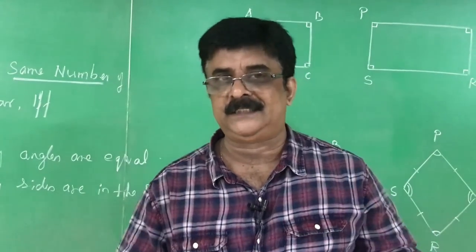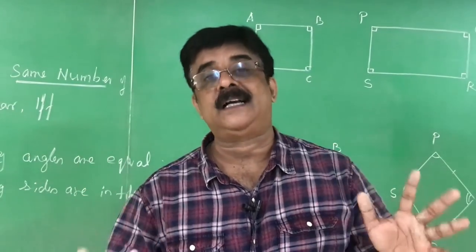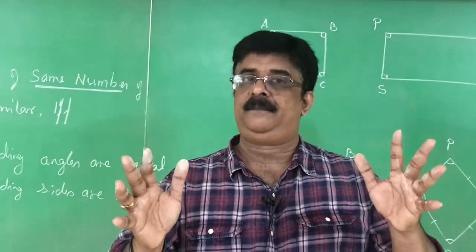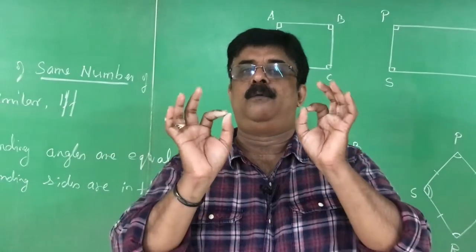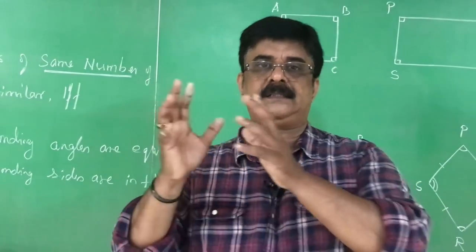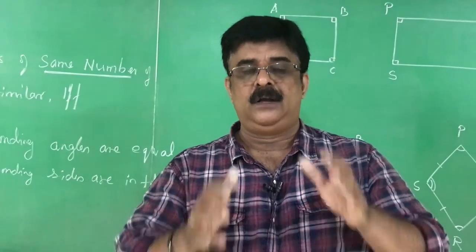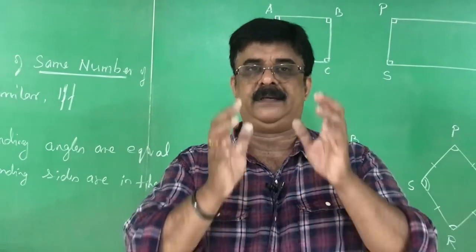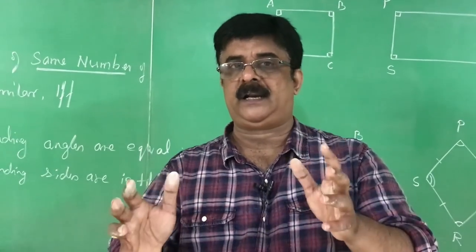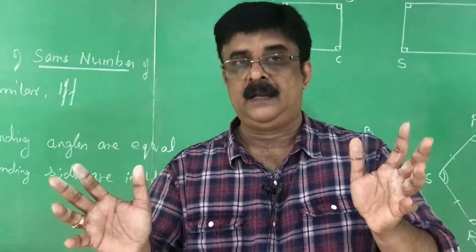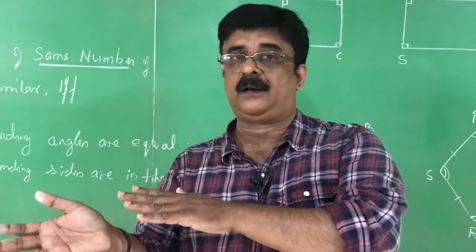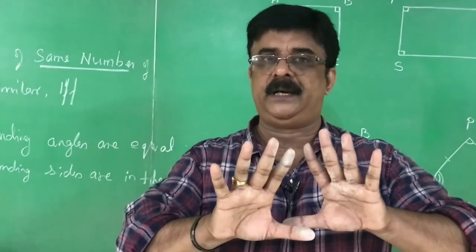One is, what is the name of the chapter? Triangles. How many marks are we going to get in the chapter? 8. And this is a very lengthy chapter. First thing is, what we have to learn? What is the difference between congruent figures and similar figures? Congruent figures are geometrical figures having same shape and same size. Similar figures are geometrical figures of same shape. Therefore, all congruent figures are similar figures, but all similar figures are not congruent figures. That you have to make clear.